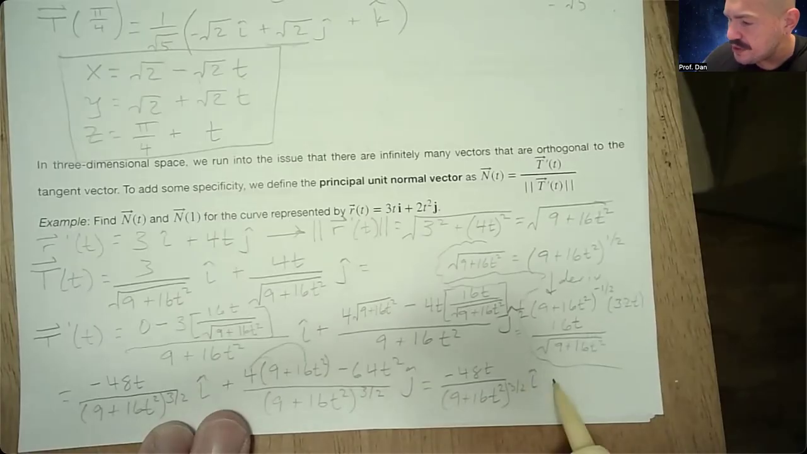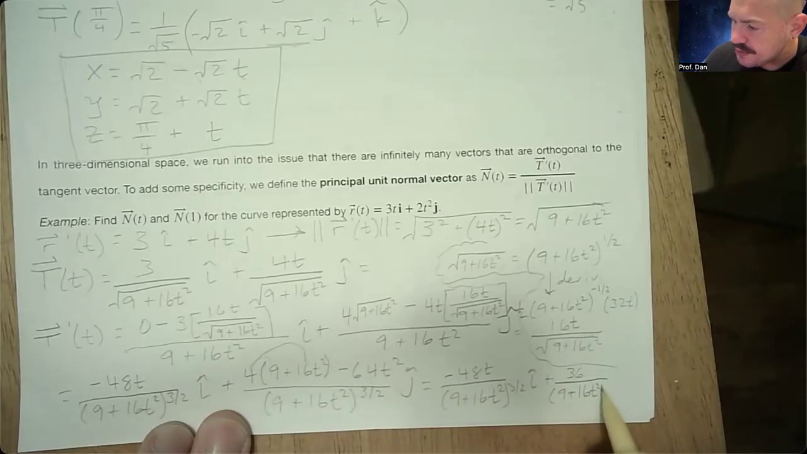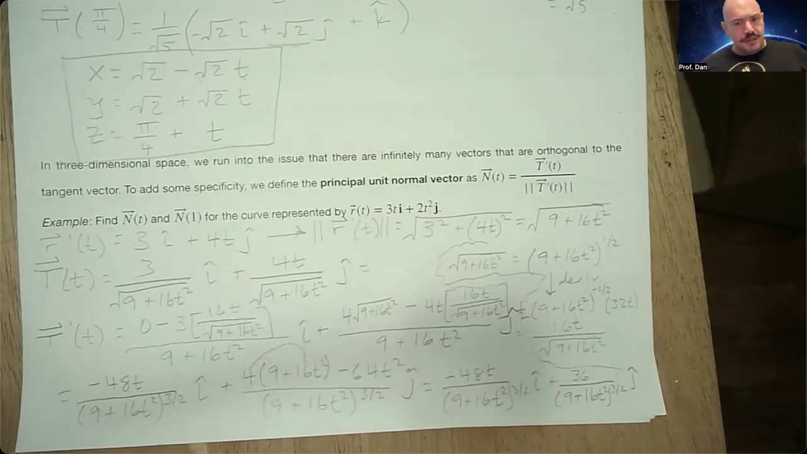And for my j component, this is going to simplify to just 36 over this same thing, 9 plus 16t squared to the 3 halves, j. Okay. So at this point, when I go to find the magnitude, we're going to get some interesting things happening, right? Because this is to the 3 halves. So I know that when I square this, that's going to go away and it'll just be to the third. So doing that, let's